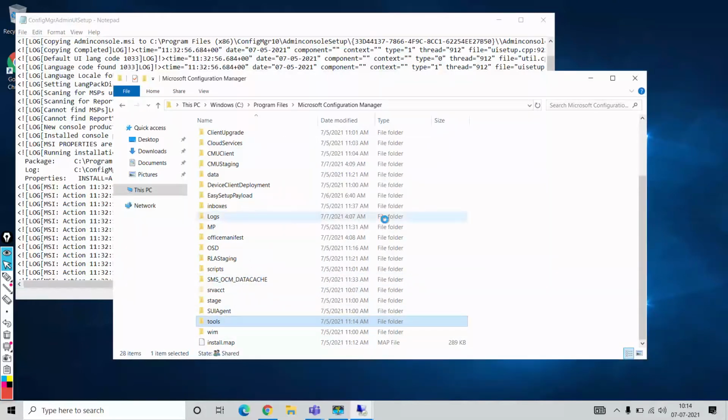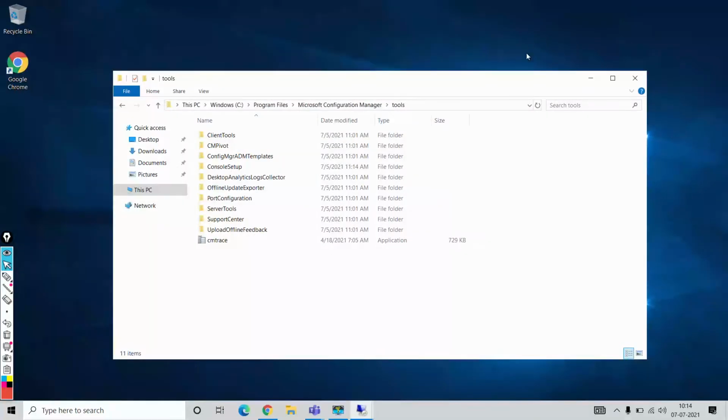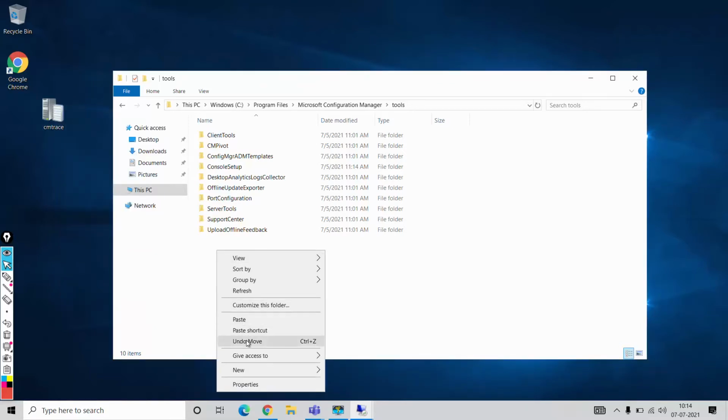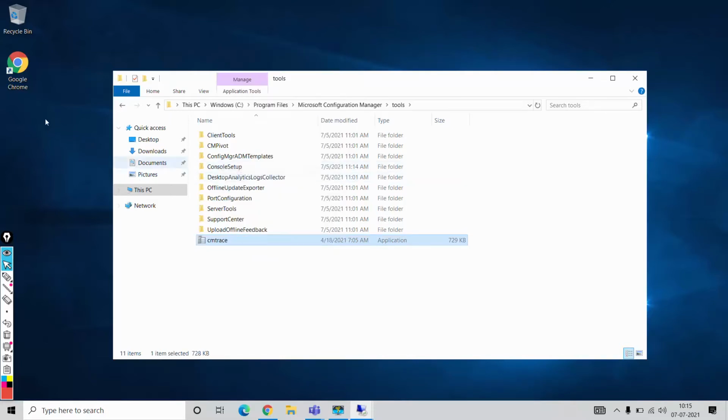I'll click continue, and here we have CM trace. So I'll close this log first, this log also. Then I'll copy this tool here. Sorry, it got moved. I can copy and paste it here.